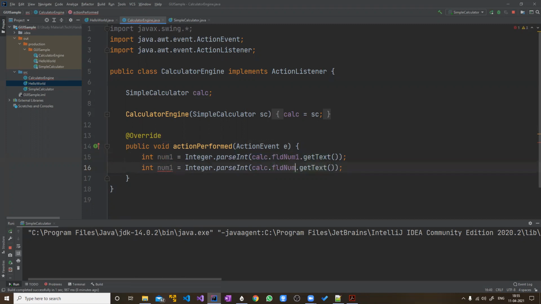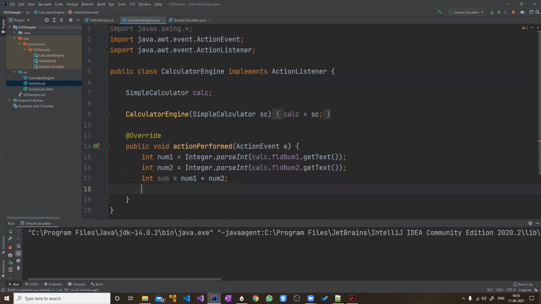It has to be read from the second field, and you store it in another variable called number2. Then you will have another integer variable for sum, and that will be num1 plus num2. Done. What next?